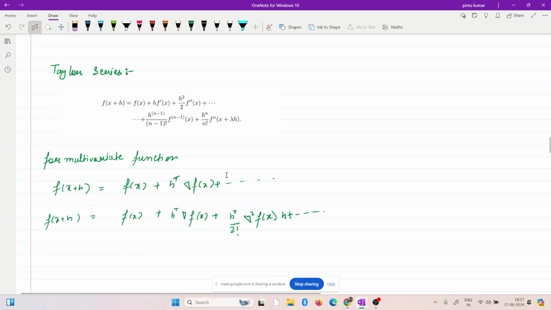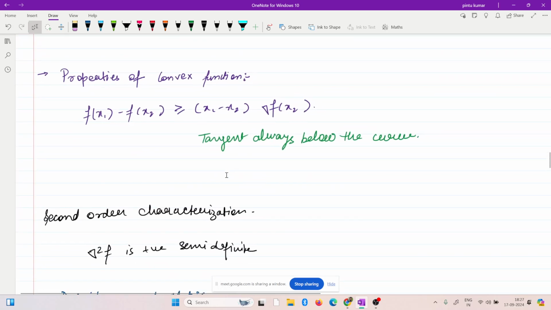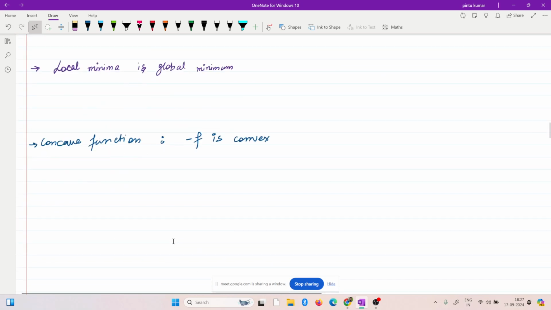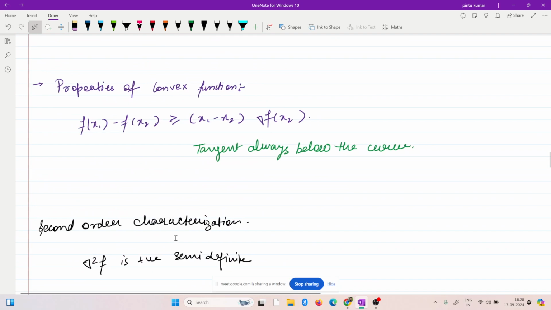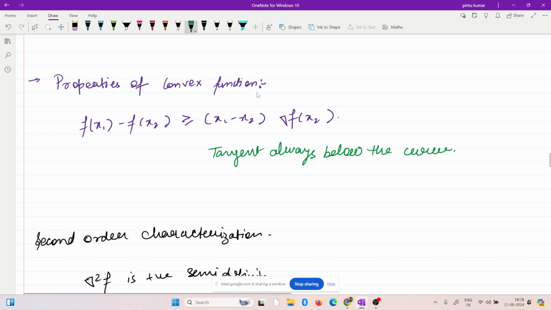Okay, I think I should do the characterizations first. So I'll do the characterizations first, then I'll come to local minima and global minima and all those kinds of things. So the first characterization is,